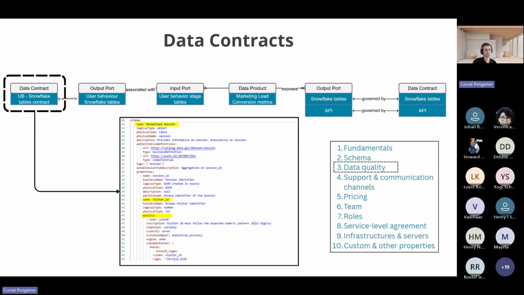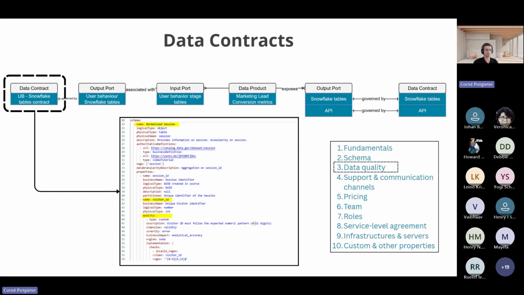As I said, a data contract is an agreement between the producer and the consumers. So if you as a producer can say, this is my output port, this is what I want to publish, and I will adhere to these data quality standards, then you can use external tools to check.